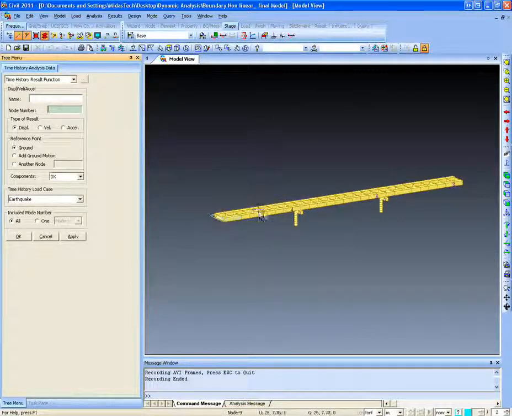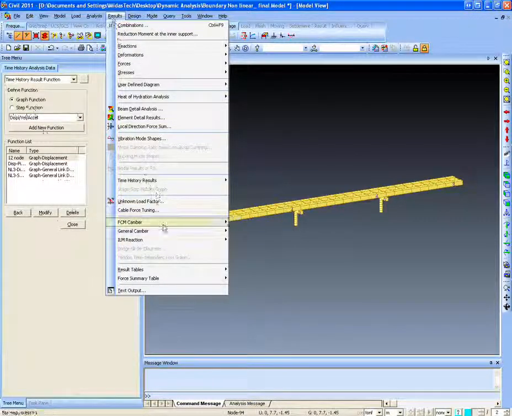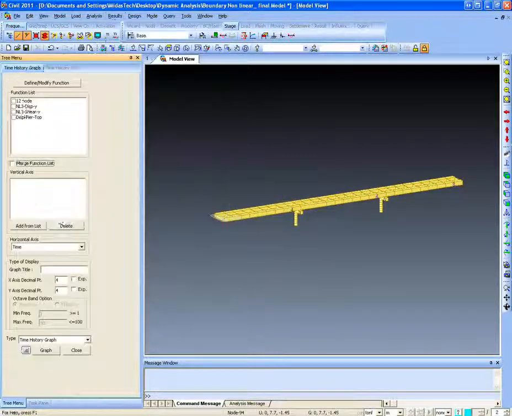Let's say I want to see the deflection of this node. I will say 12th node. I want to see the deflection for earthquake loading. So I can generate the graph for the same. So first I will select the graph which I want to generate. Let's say I want to see the deflection of this node,